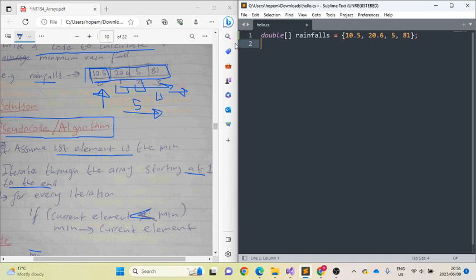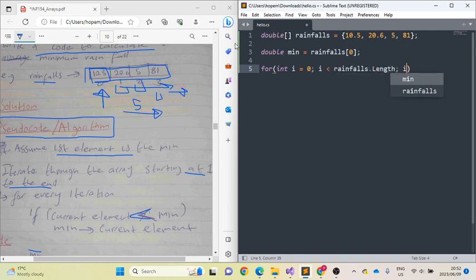Then I'm going to say, okay, I'm going to assume that the first element is the minimum. So double minimum equals to rainfalls at 0. That's how we get the first element. Then I'm going to iterate through. I equals to 0, I must be less than rainfalls dot length, then I plus plus. Then I'm just going to say if the current rainfall, so rainfalls at I,